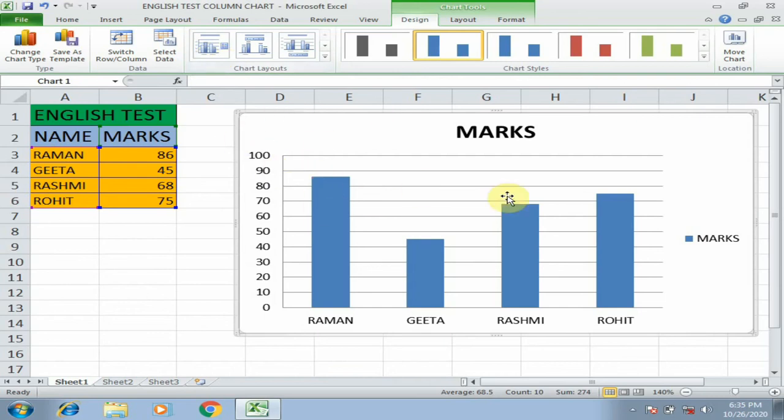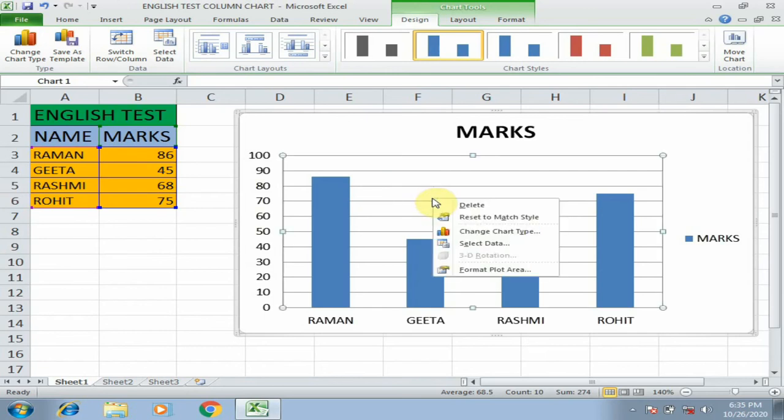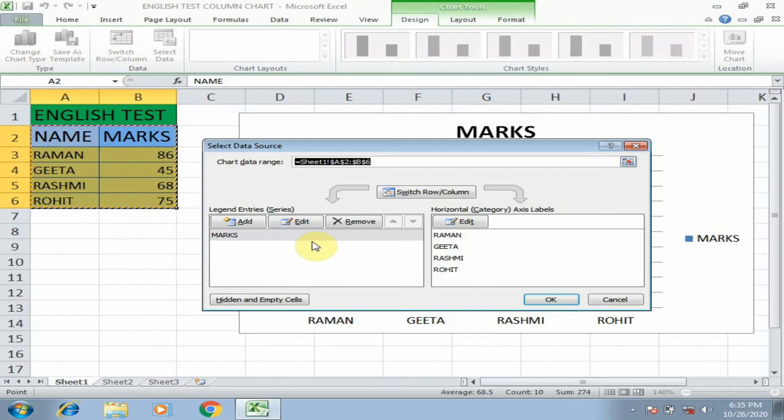After then I'm going to do another thing here. I'm going to switch these two columns. For that, right mouse click. By this we can understand our data well. So I'm selecting here the Select Data option. After right mouse clicking, we are getting a shortcut menu. From the shortcut menu, I'm selecting the Select Data option. After then you can get so many things here: add, edit, remove. We are not going to understand this now. We can study all these things in coming videos.